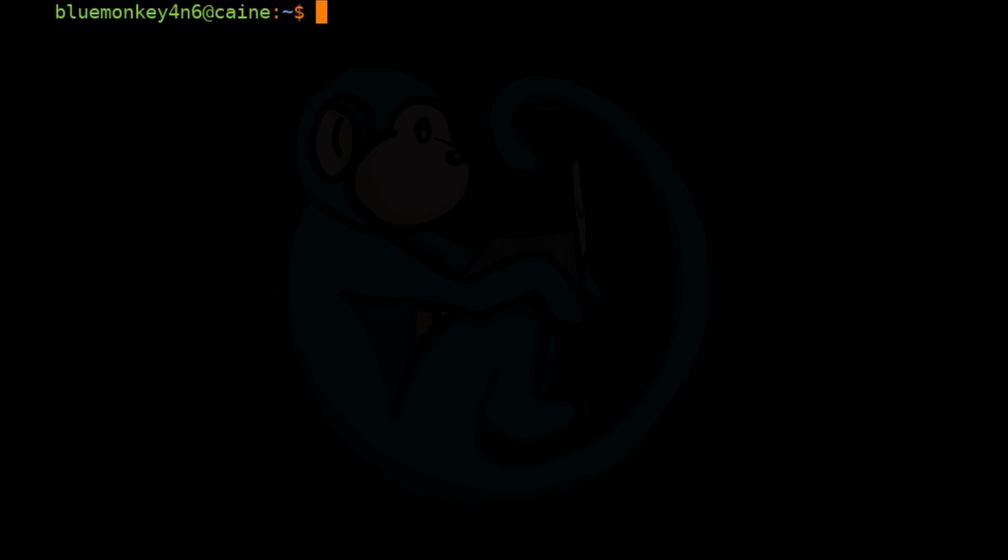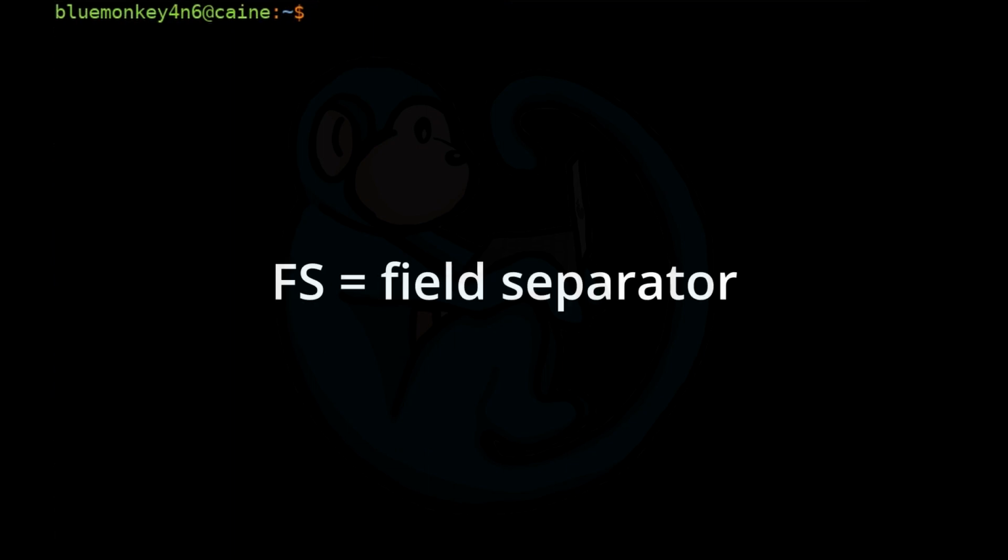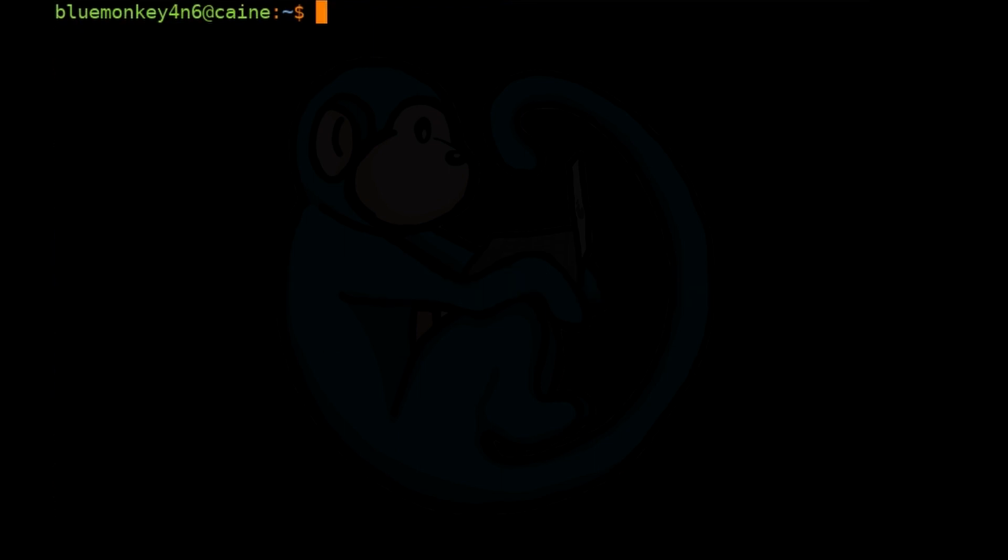Another system variable is the field separator, which sets the field separator to something other than a white space. A good example would be the etc password file, which uses the colon as the field separator. So if we try to print out the username and shell for that user, we would get results which are not valid. Right? So if we do awk, single quote, brackets, print $1, $7, end curly braces, single quote, /etc/passwd,